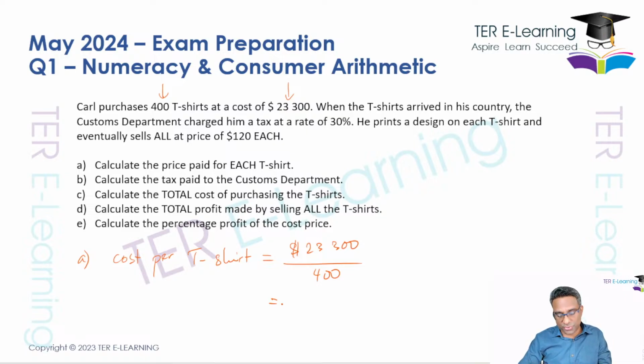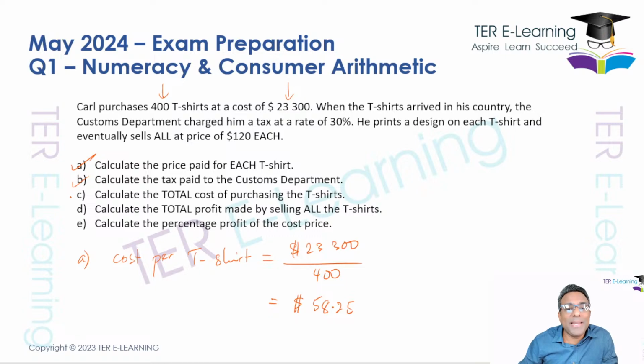So in this case, it's 23,300 divided by 400. That means every t-shirt that he purchased is actually $58.25. So these are the kinds of questions you could get in question 1 pertaining to consumer arithmetic. So that's part A. The next part, we want to